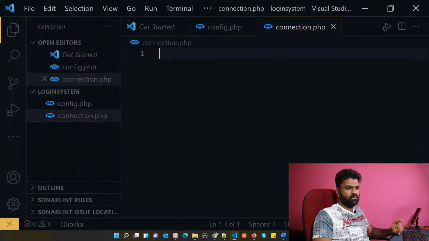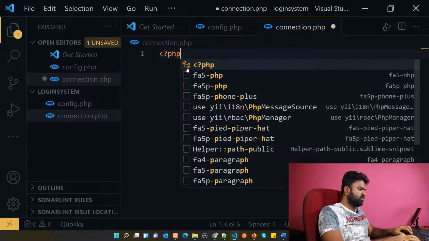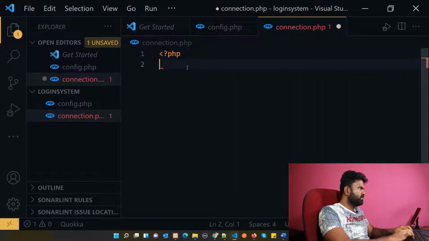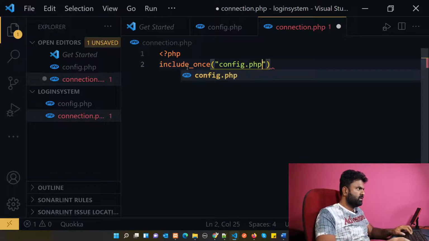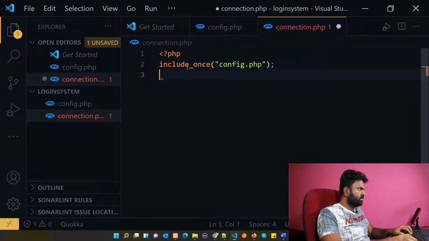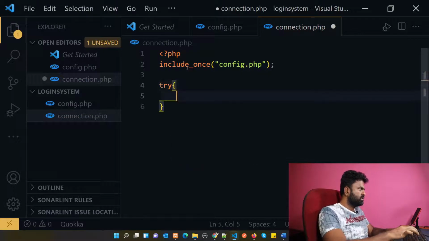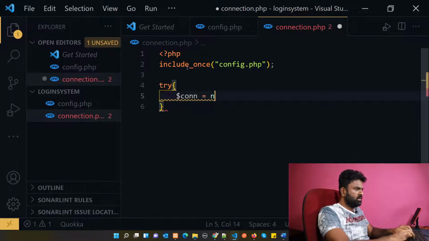I'm expecting to use a PDO connection. First I include the configuration file. Include once config.php, and let's add our connection try catch $con equal to new